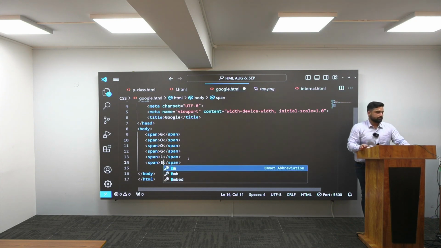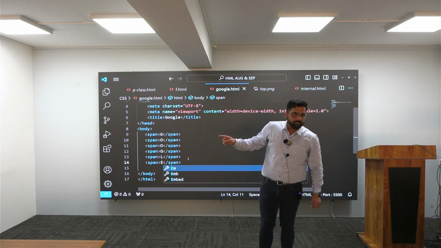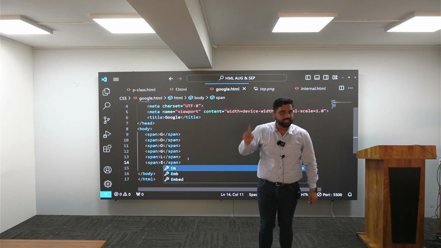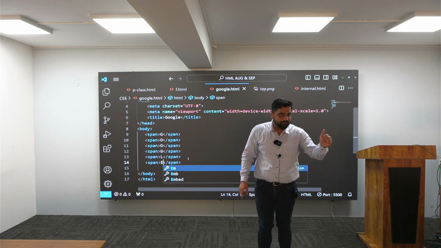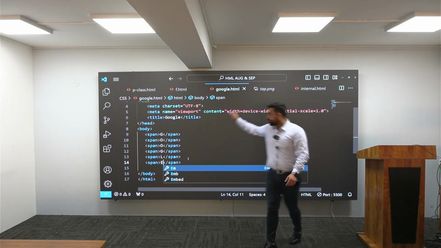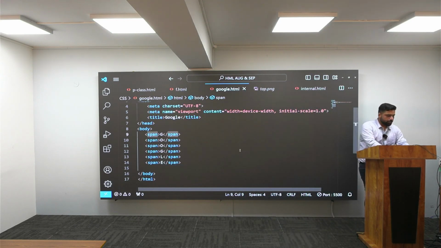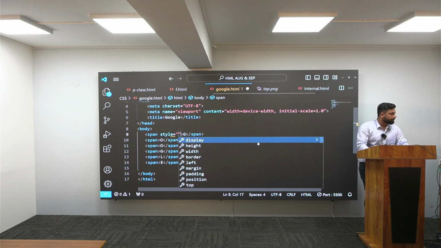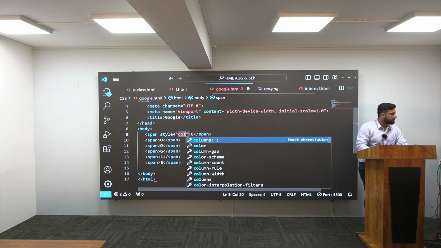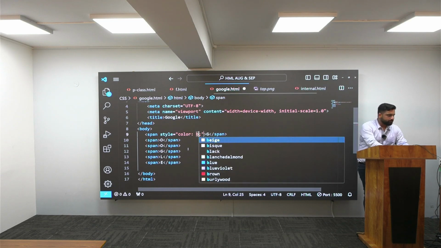Now please focus on which approach we can use for giving styling. I am asking about the approach. Which type of CSS can we use? Can we use inline for this? Yes, because it is minimal content. We can use inline. Where can we put inline? Inside an element. So first we should put the style attribute. Here I will put my color. Which color do we have to give for this G? Blue.